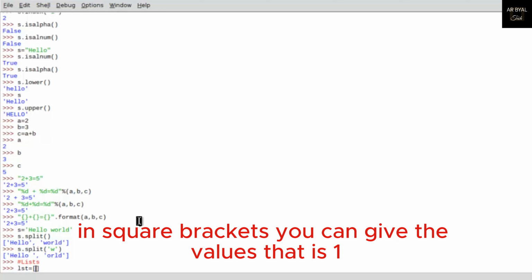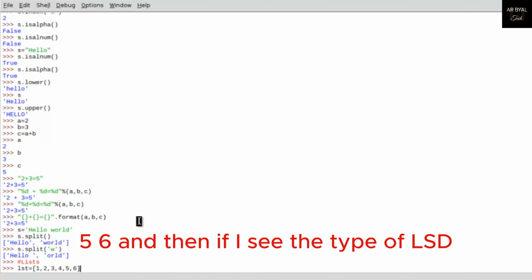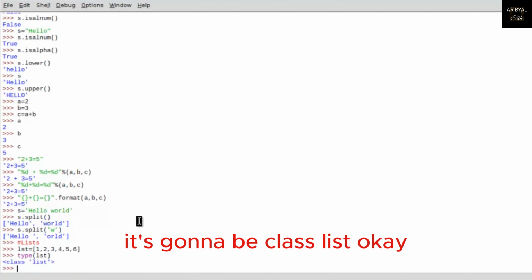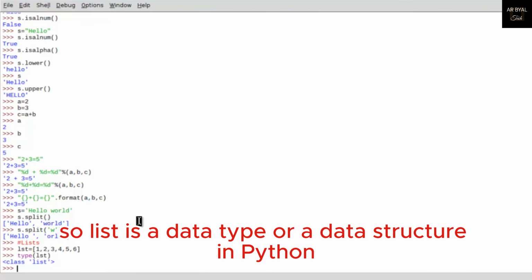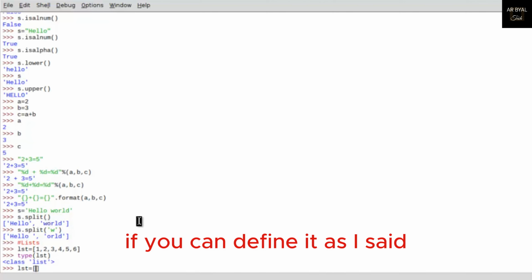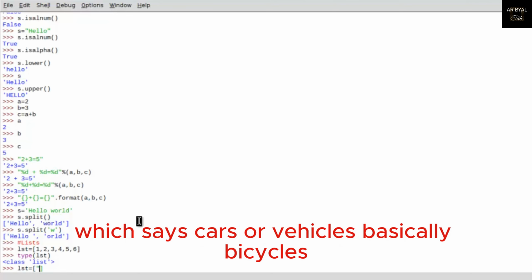In square brackets, you can give the values, that is 1, 2, 3, 4, 5, 6. LSD is equal to 1, 2, 3, 4, 5, 6. And then if I see the type of LSD, it's going to be class list. So list is a data type or a data structure in Python. As I said, I could even have a list of strings, which says cars or vehicles, basically bicycles,